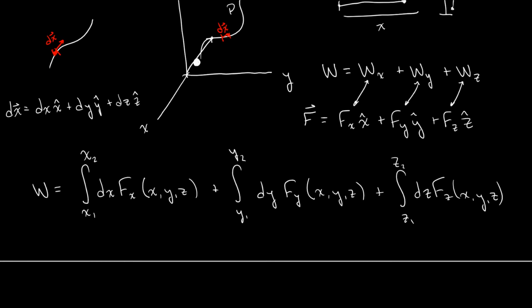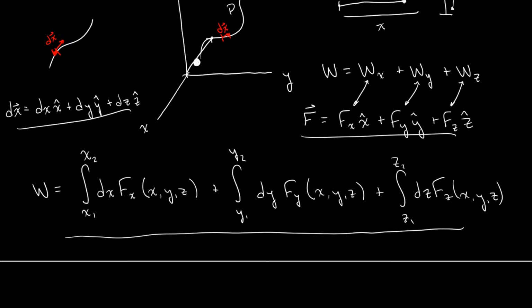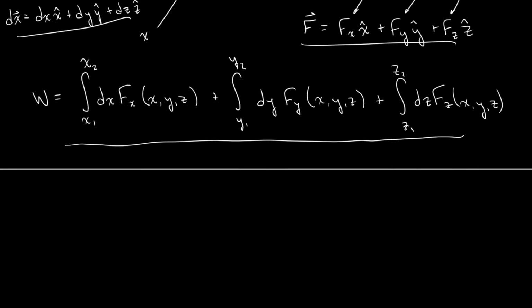Now, keeping this in mind, if I match up these two things and look at this expression, it looks very much like what we would expect from a dot product. So I might be able to write something like work is equal to the integral over some path of F times dx, this dot product, where in principle F is some function of the position.